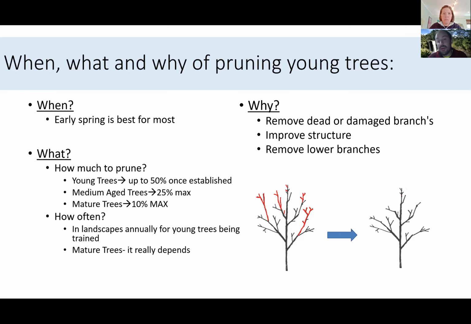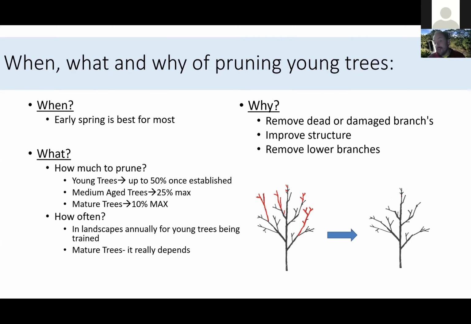For older trees, we should definitely be rounding that down. Most people would tell you, based on the research, for a mature tree, 10% of its foliage maximum is what should be removed. Now, oftentimes we do more than that because it's expensive to have arborists come out, like the real world versus the perfect world thing. So oftentimes, because we know we're not having an arborist come out every year, we do prune more than that. Just know that purely from a health perspective, 10% is probably the guideline.